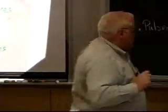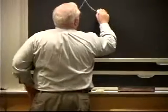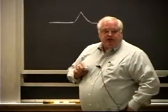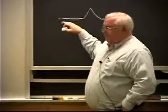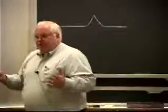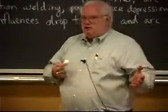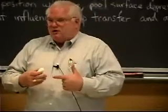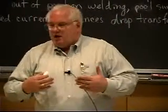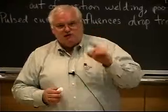It turns out if I have two solids, if I have a surface and I have some little protrusion there, there will be a stronger electric field around the tip than there is on the flat surface. And so basically Paschen breakdown is really just field emission. They didn't know about field emission when Paschen was doing his studies. And people originally thought they were two different phenomena because they didn't understand how small little surface irregularities can enhance